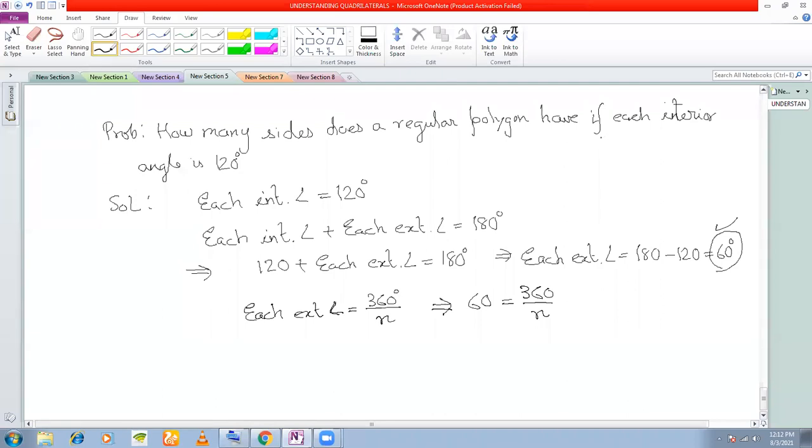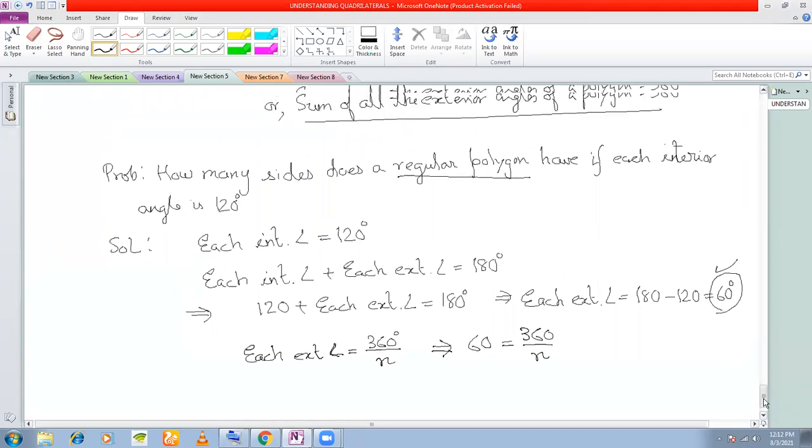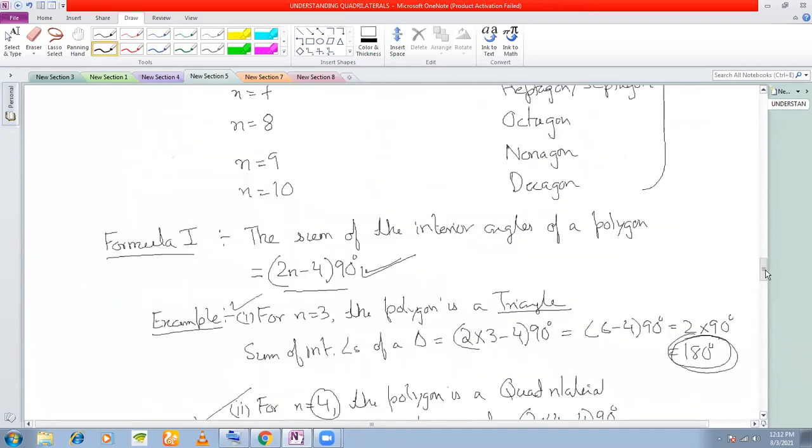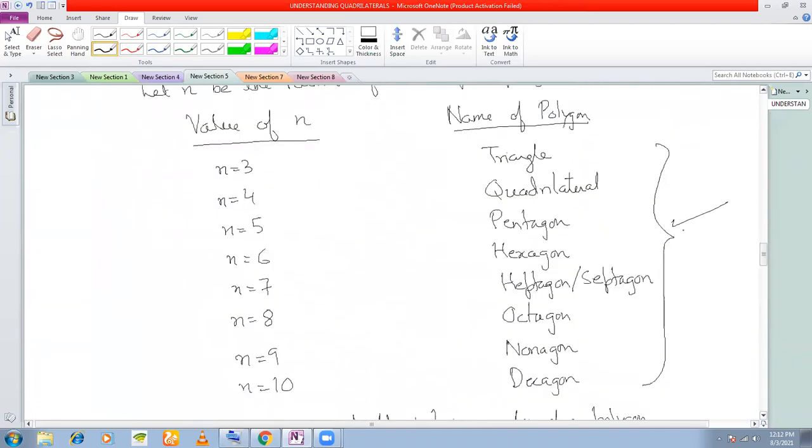Sir, the problem which you have explained to us, from that I'm asking. What is your question? I could not get you. Could you repeat your question? Sir, can you please explain this question, which was just solved? A regular polygon, I don't know what polygon I am talking about. So how many types of polygon are there? So many types, right? You can have a polygon with 11 sides also.